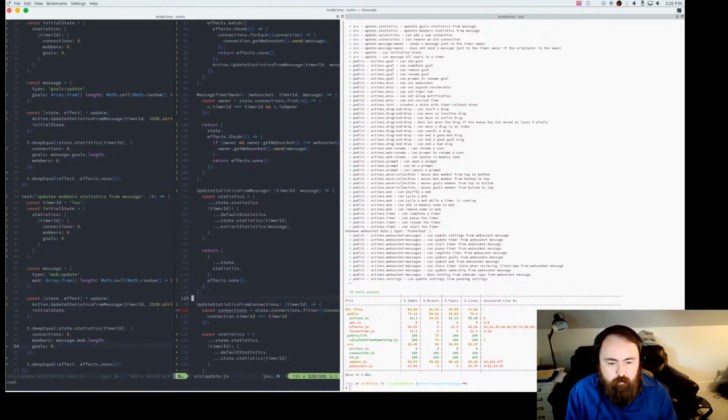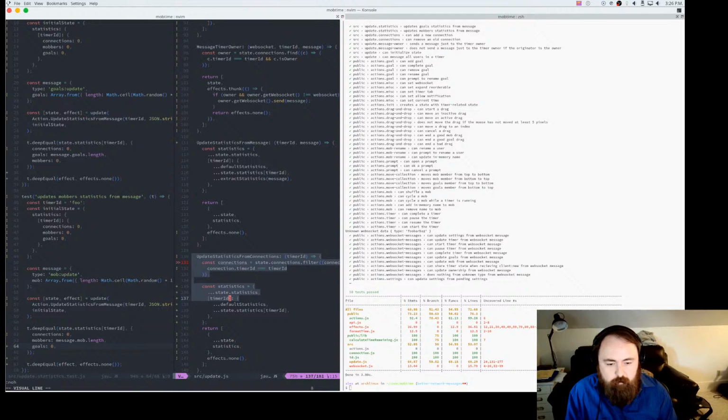In fact, I know statistics from connections is also not good. So actually we could do connections. I think that's actually all this is. But on top of that, we want to remove statistics if we don't have any connections, because that means that timer's dead. So we can do something like const stats.